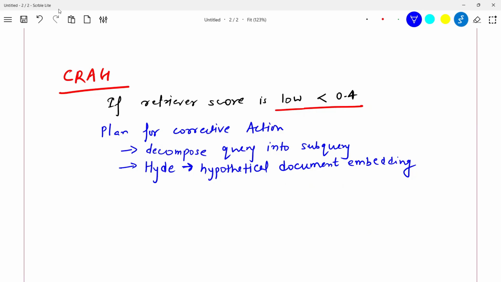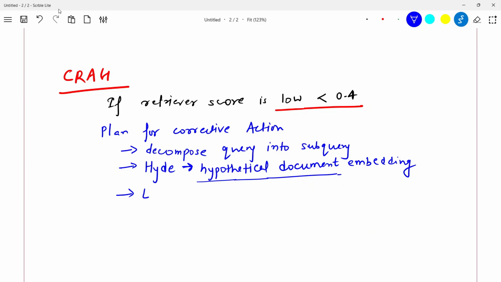So basically a hypothetical document will be created that is treated as the right match, but that's not the right match. And again it will go to your knowledge base and search for what is the right match or what it should do.